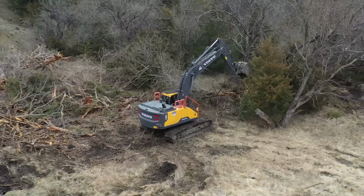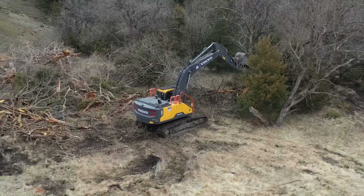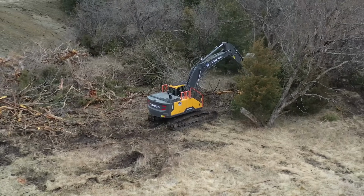Big old tree right here. Think Big Sheila can handle it? Let's see. Oh God, yeah. Didn't even...